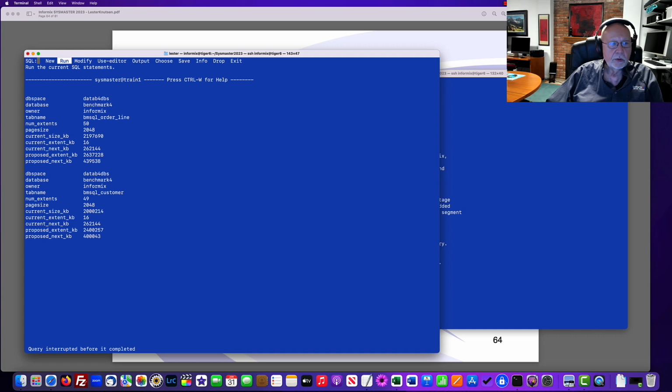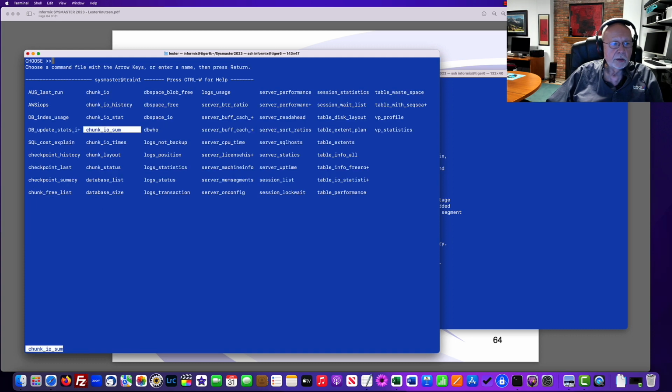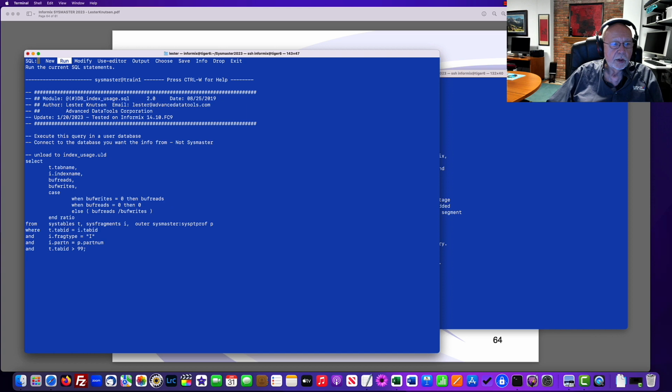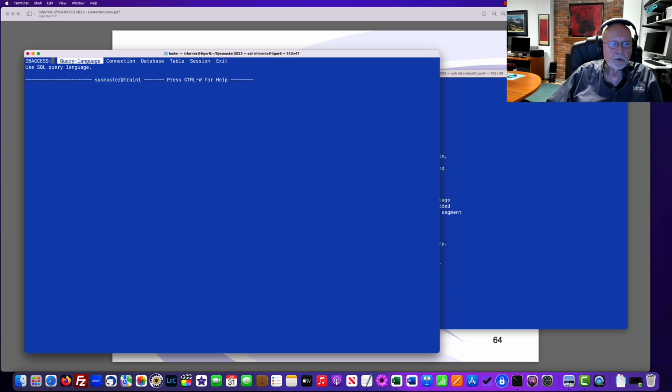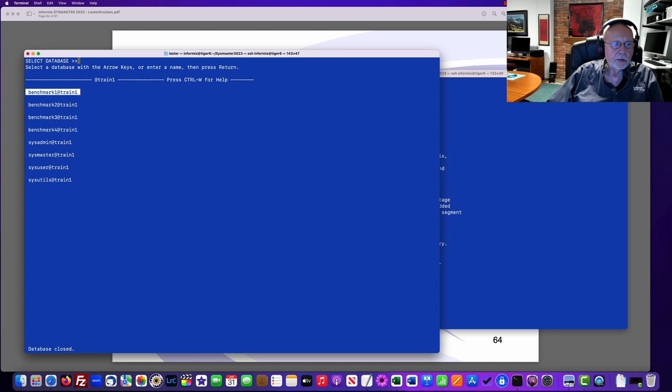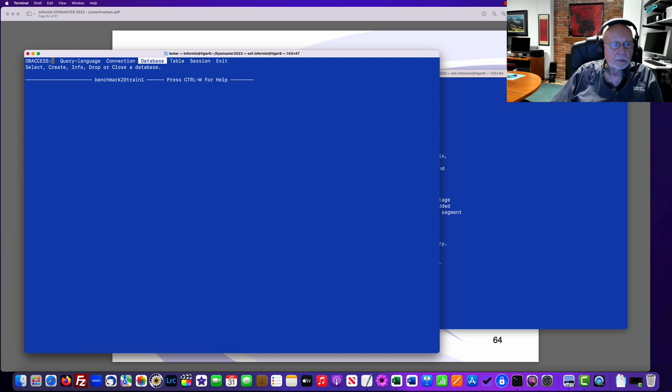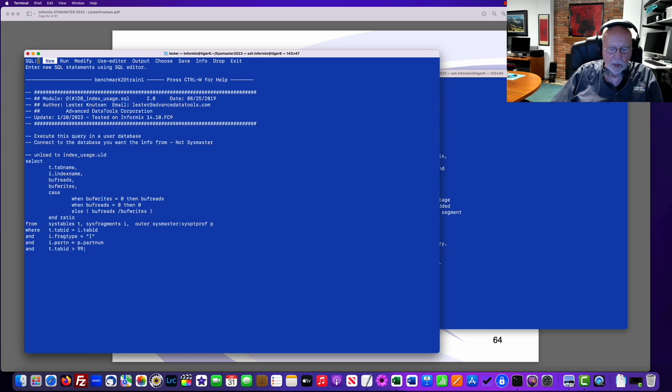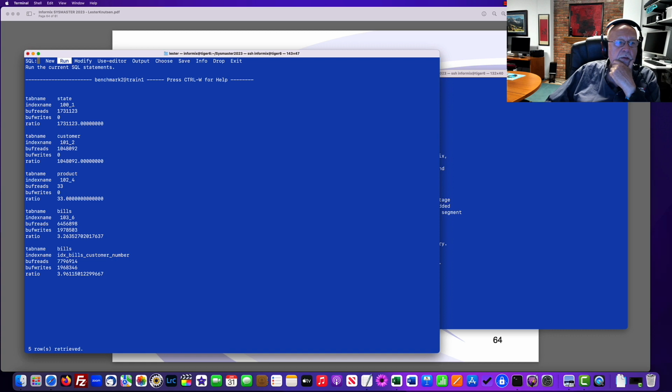I'm going to do a choose and come here to index usage. Now, if I run it right now, my current database is a Sysmaster database, so that's not going to give me very helpful information. I'm going to select another database, and let me select Benchmark 2. And I'm going to run it. So this tells me